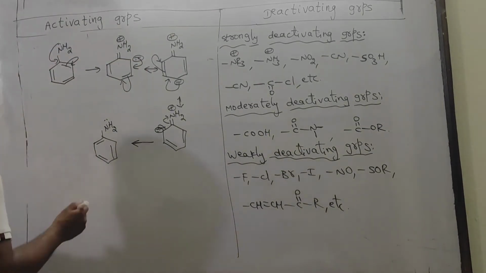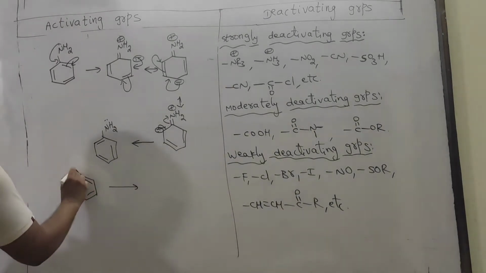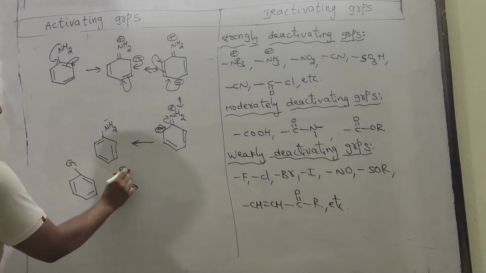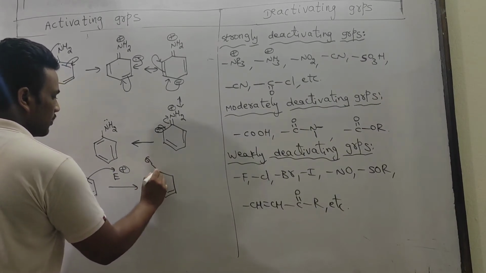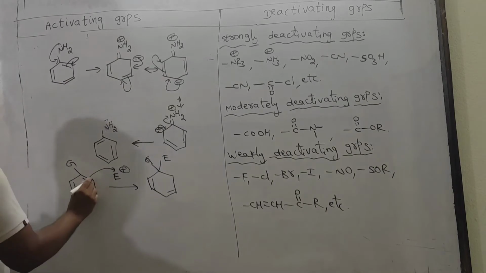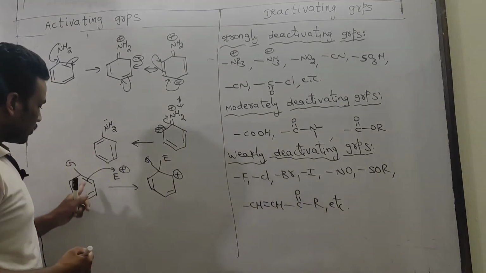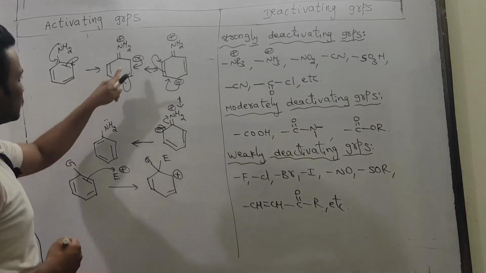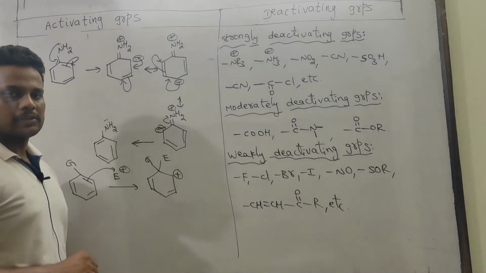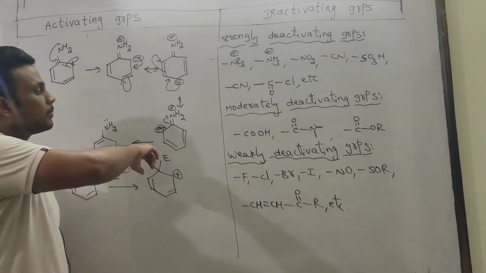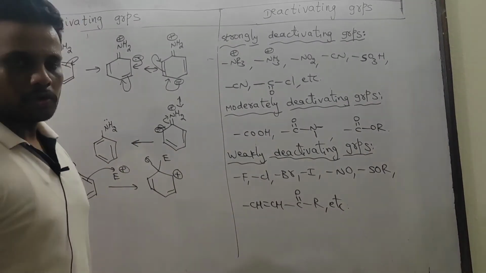You already know the mechanism of electrophilic substitution reaction. In the rate determining step, suppose some group is there and an electrophile is there, so the pi bond of the benzene ring attacks it and the electrophile comes here, because you can expect negative charge here, so positive charge is formed here. Already the negative charge is present on ortho and para positions, so more electron density is there. From ortho and para positions the benzene ring approaches the electrophile more easily. That's why all these are ortho and para directors.